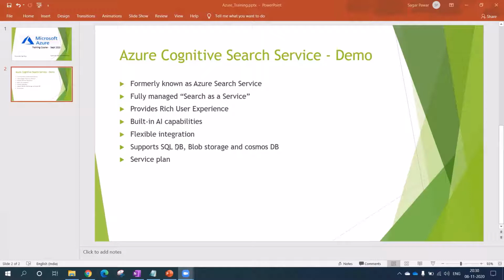And then they provide multiple service plans. There are multiple service plans available: a free plan, a basic plan, a standard plan, and a storage optimized plan.